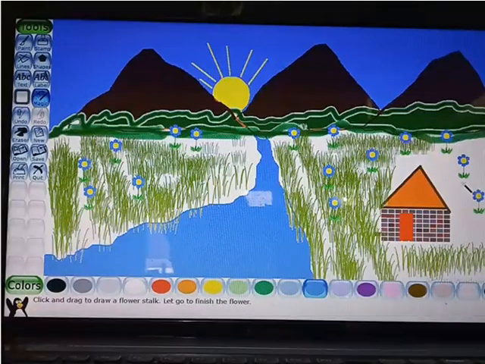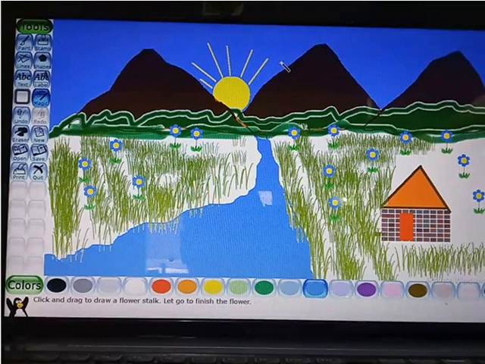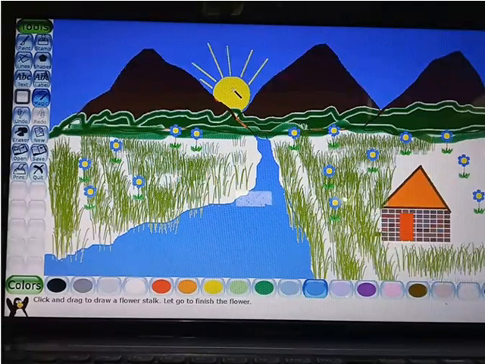Okay, now one most important thing we have is the stamp tool. This one, the stamp tool. What is the use of the stamp tool? Let's see. The use of the stamp tool is that you can make a duplicate of something. Suppose this is the sun, and I want to make a duplicate of the sun, so you can make the duplicate of the sun.